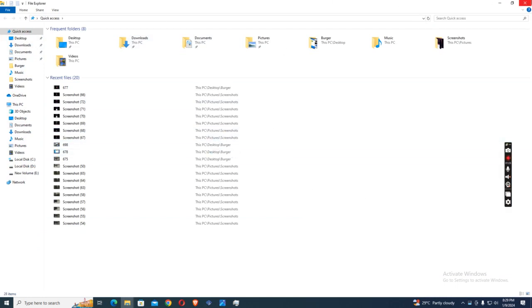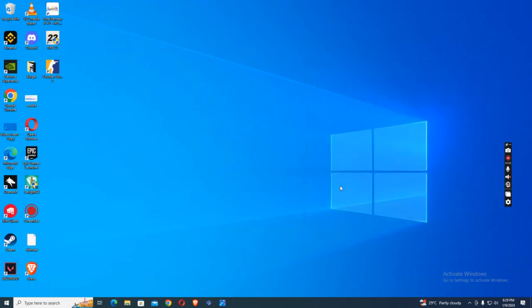And then it should show up here like so, and then you'll be able to drag and drop. You finish